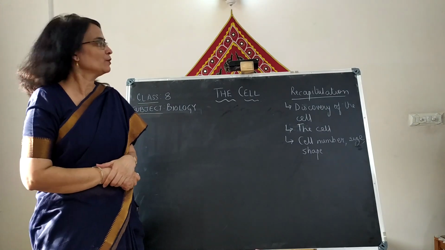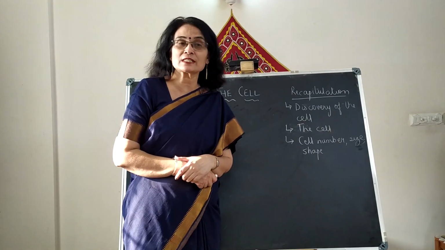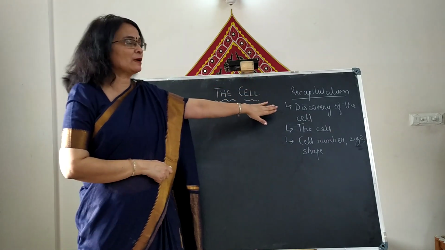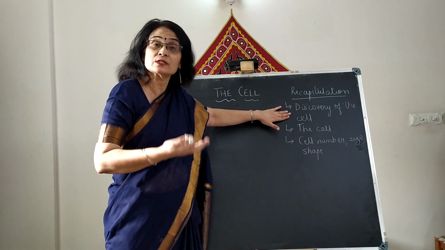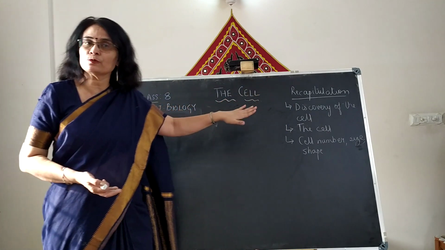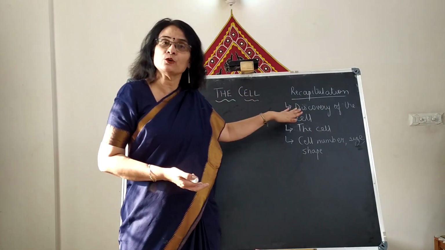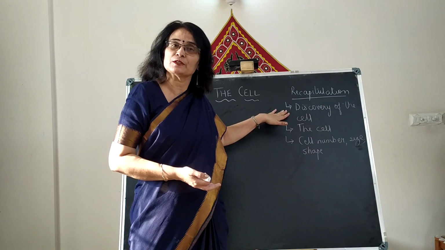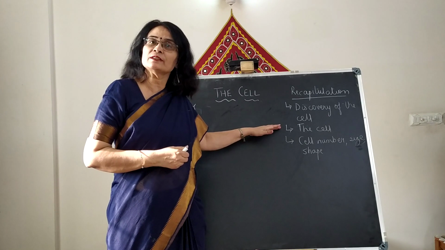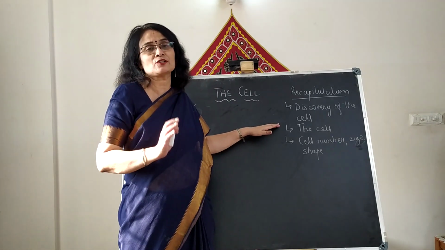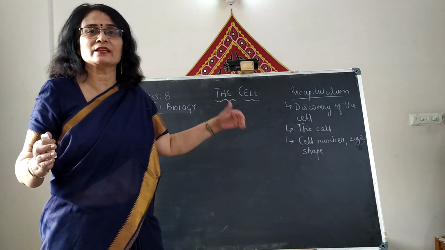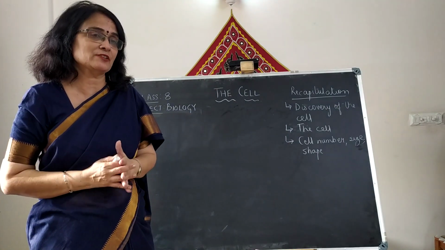Good morning, students. Welcome to the class where we are going to discuss a little more detail about the cell. In our last class, we talked about the discovery of the cell, how it was discovered, and who discovered it. If you remember, Robert Hooke was the person who found honeycomb-like compartments in the bark of a tree, which became the cell, later known as cell. Then we discovered that the cell is the structural and functional unit of life, and we also discussed how cells vary in number, size, shape, etc.